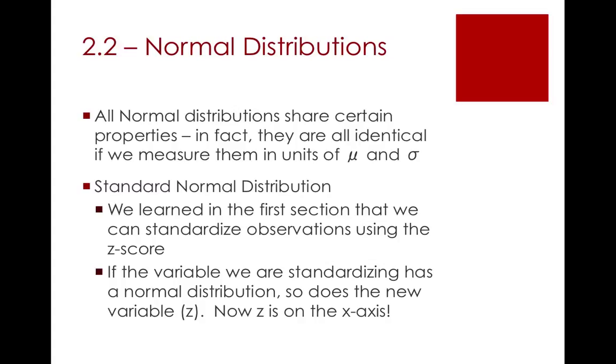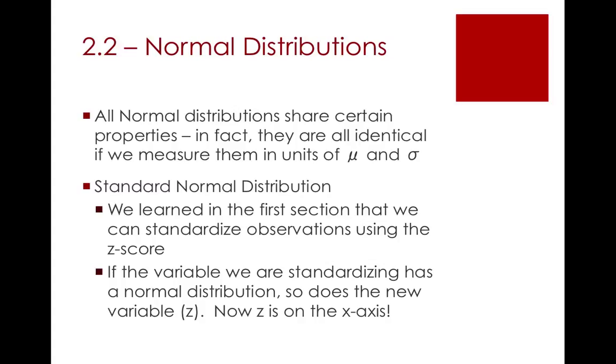So we've been talking a lot about the normal distribution, and we also learned that in the normal distribution, we have this 68, 95, 99.7 rule. If you go out one standard deviation in both directions, you capture about 68% of observations. 2 standard deviations gives you 95, 3 standard deviations gives you 99.7%. The goal of today's lesson is to be able to answer questions similar to those 68, 95, 99.7% questions. However, we're going to learn how to handle situations where I'm not exactly 1, 2, 3 standard deviations above or